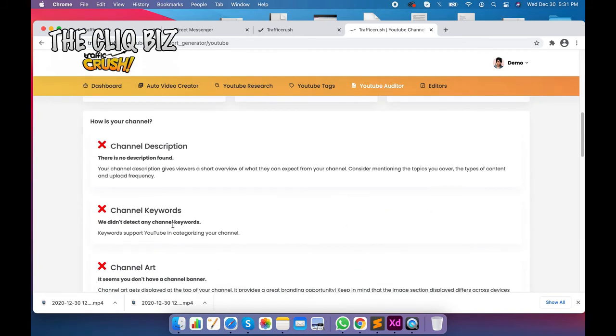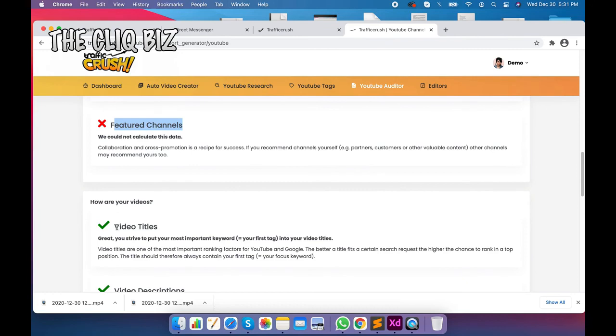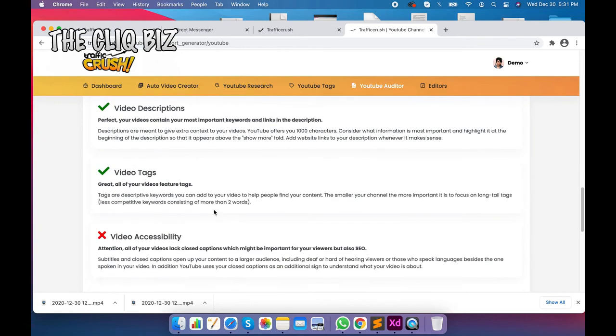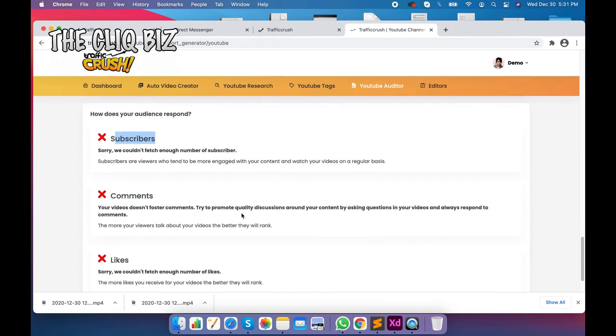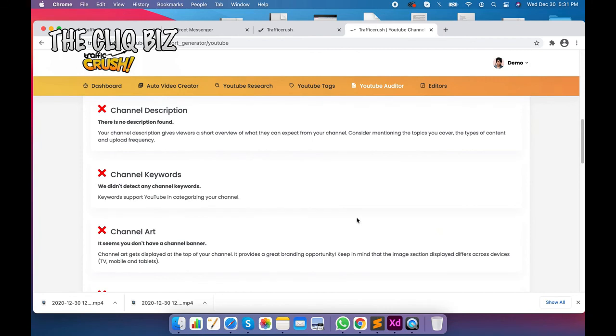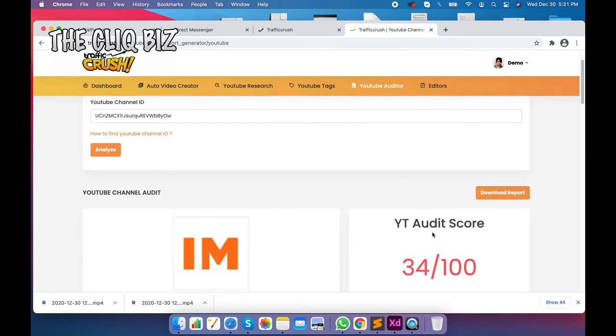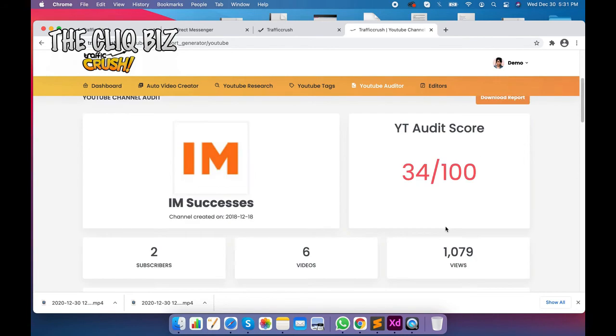It's very low. So why is that? Because there is no channel description, no channel keywords, no channel art, no featured channels, and yes, it has titles, it has description and tags, but there is no video accessibility and there are no subscriber comments. This helps the channel to generate the keywords and description, and the score will increase, where the traffic will be more for that particular channel.